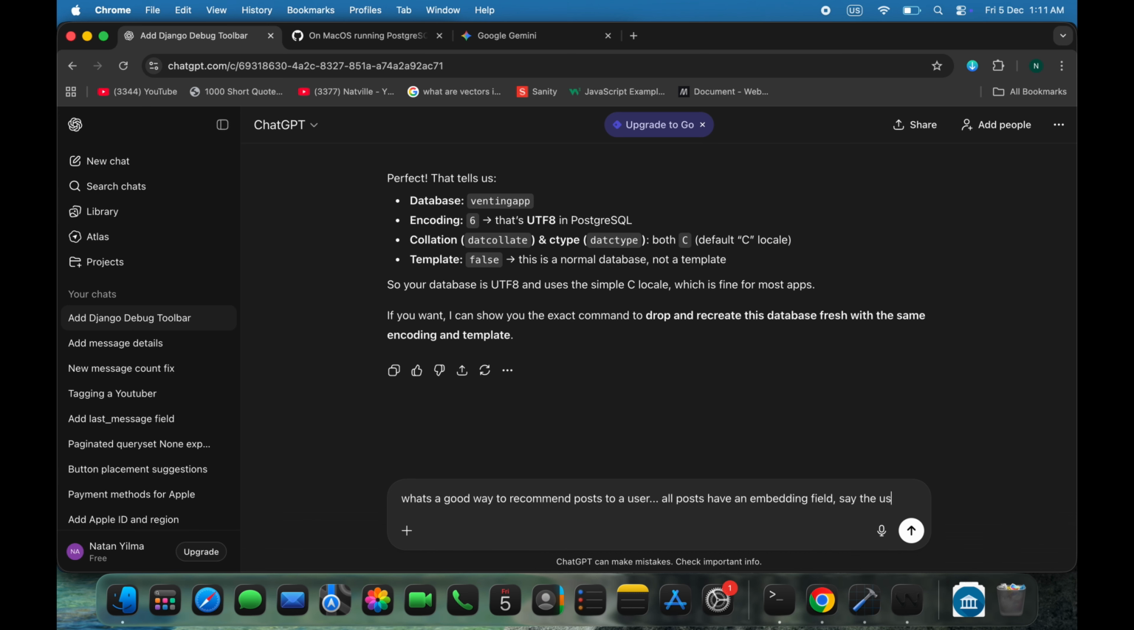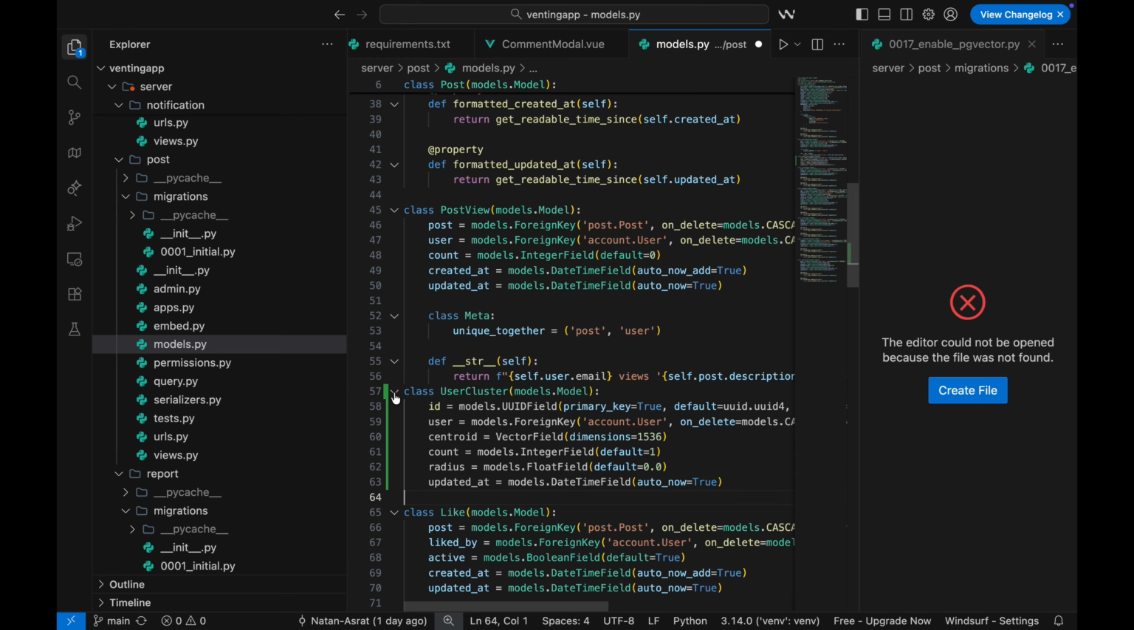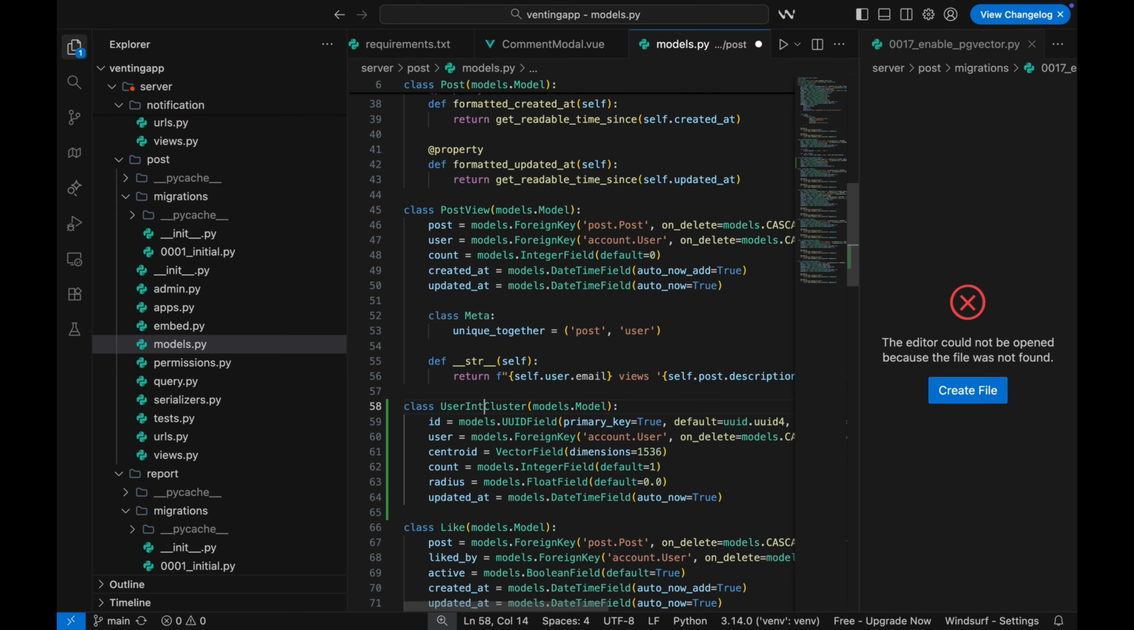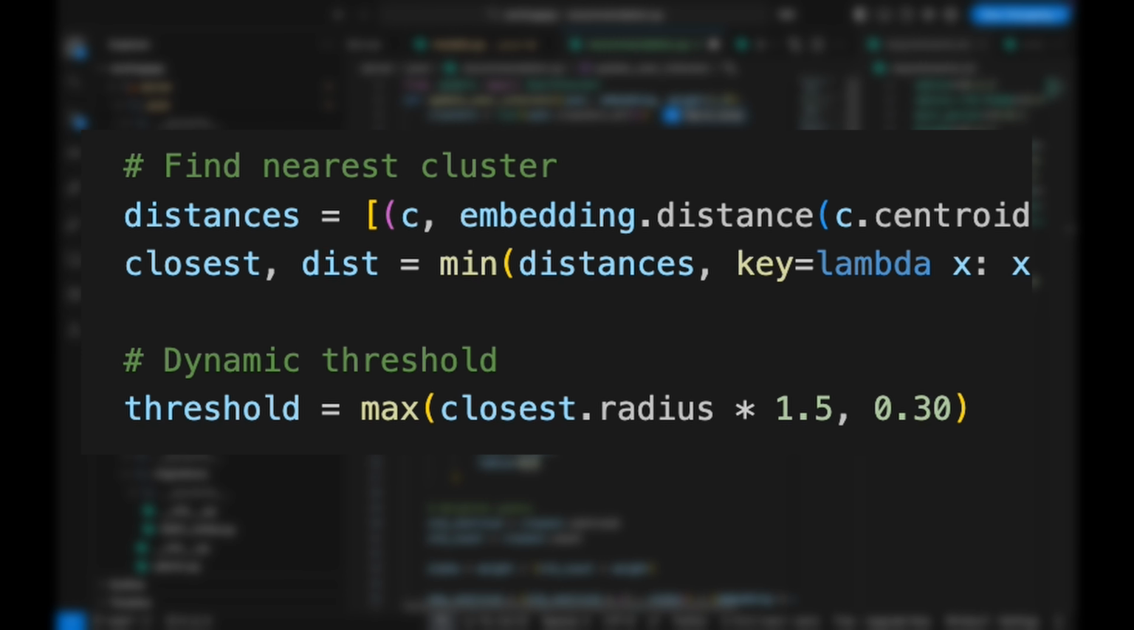I initially considered using a weighted average of post views to determine user interest, but that would flatten multiple interests. Instead, I built a user cluster model where each cluster stores a centroid embedding representing a user's interest in a topic. When a user interacts with a post, the system compares the post's embedding to the centroids of the user's